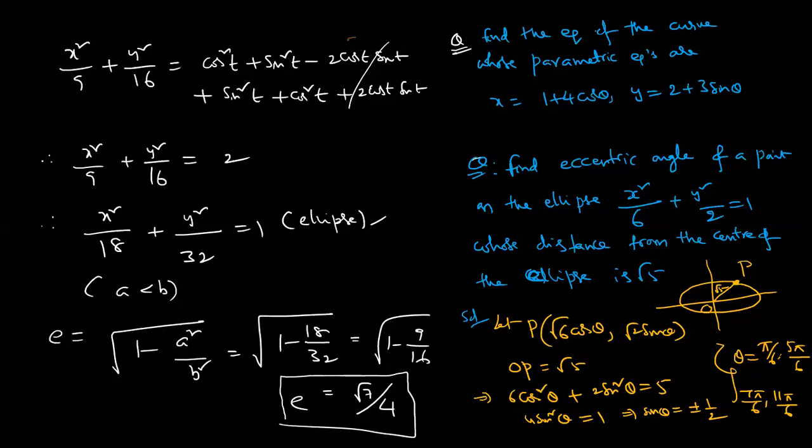See carefully. So how many angles are possible? Eccentric angles, there are 4. It means your P can take the first, second, third, and fourth quadrant. So these types of models are very, very important. If they are giving 4 options, you should attempt all the cases in multiple choice.